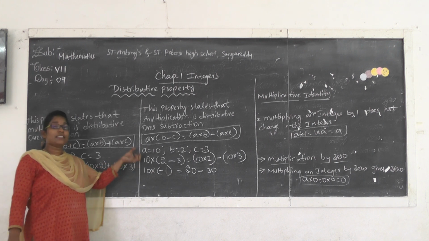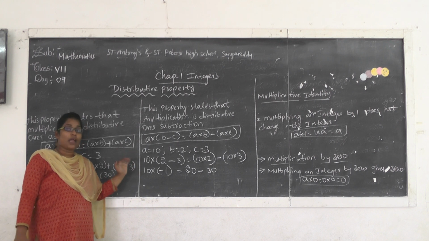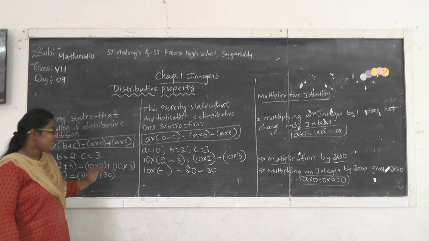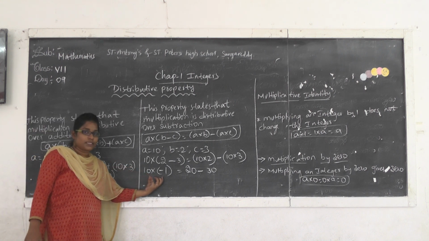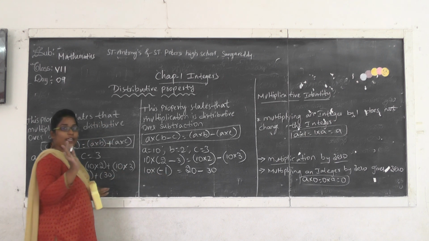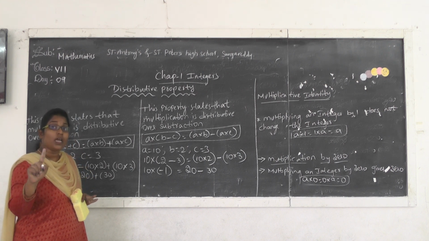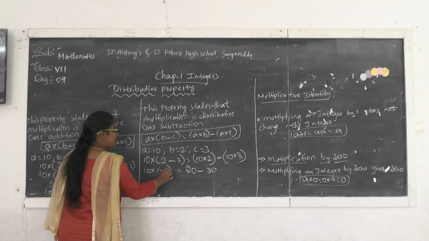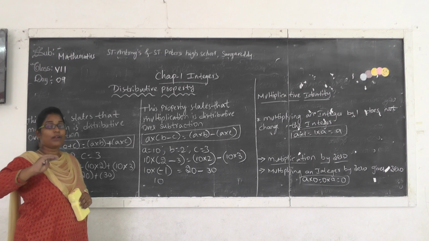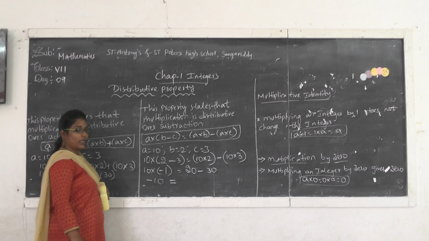Okay, first step, we substituted the terms which we assumed. Second step, we have to simplify the terms within the brackets. Now next we have to simplify the terms whatever we have left. Now 10 1s are, as I already explained about multiplication, first multiply the numerical value by the numerical value. 10 1s are 10. One positive, one negative, both are different signs, so the result is also negative: minus 10 equal to, here